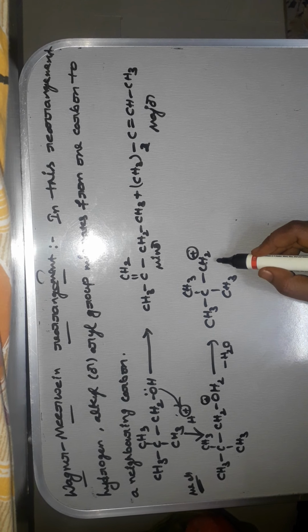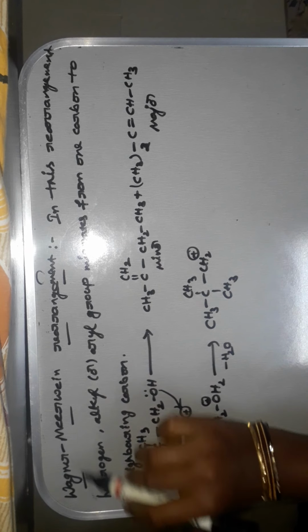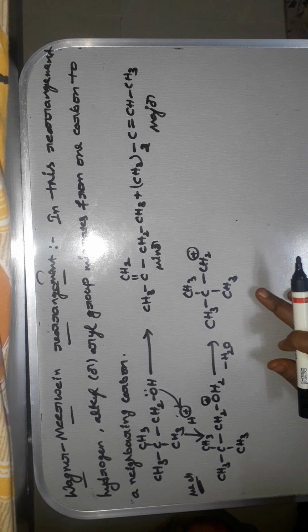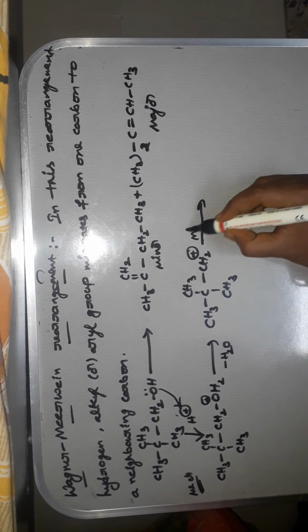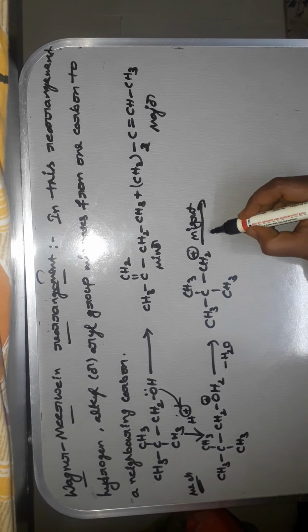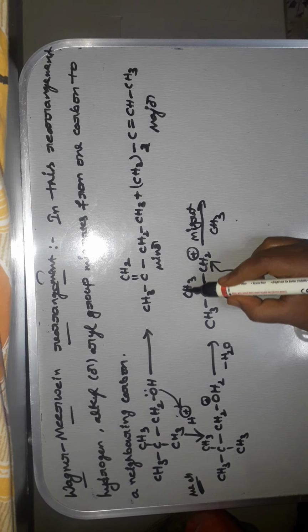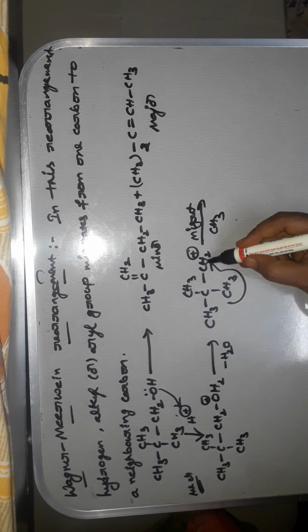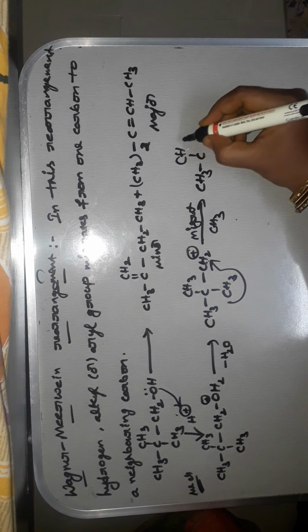This is a primary carbocation which undergoes rearrangement to form tertiary carbocation. Then it is known as Wagner-Meerwein rearrangement. Lesser carbocation to higher carbocation is also known as Wagner-Meerwein rearrangement. Here migration of methyl group. This methyl group or any methyl group can be migrated to this carbon to form another carbocation like this,